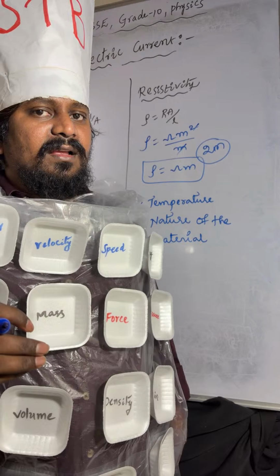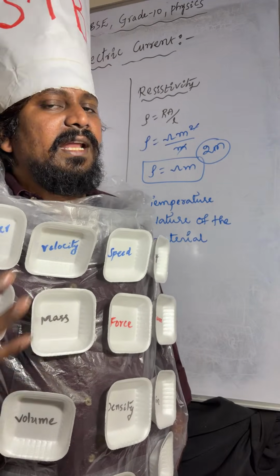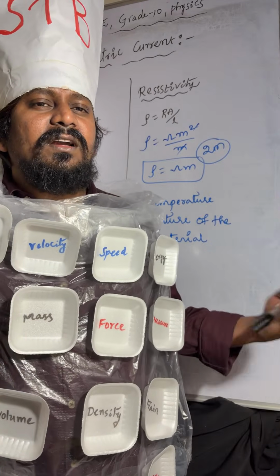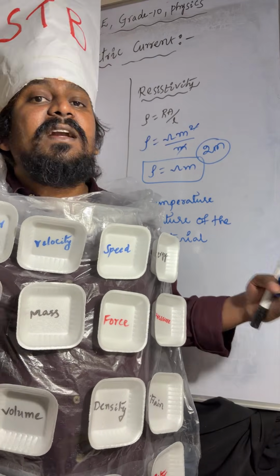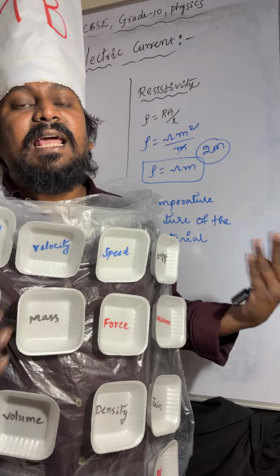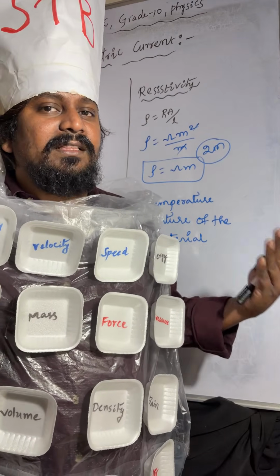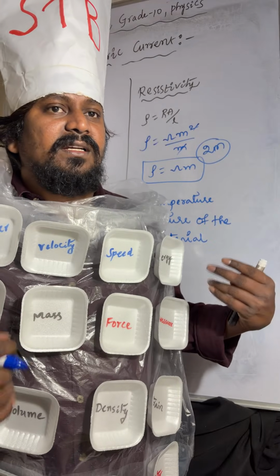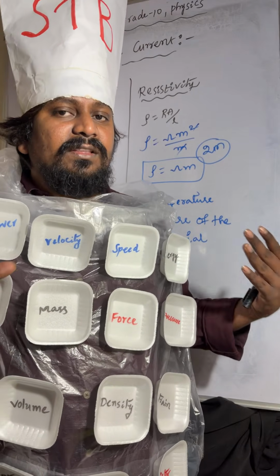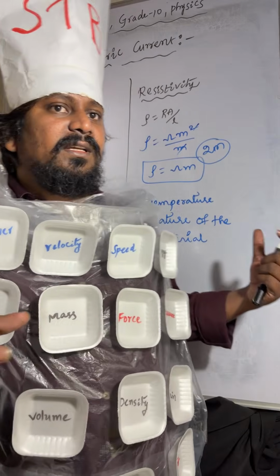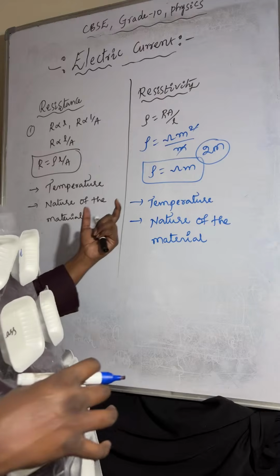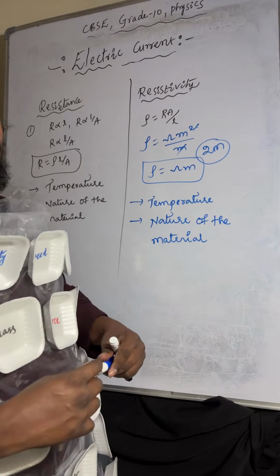dimensions of the conductor. Okay, so physical dimensions. Resistivity does not depend on physical dimensions, but resistance depends on the length and area of cross section. That is nothing but the physical dimensions of the conductor. I hope it is very clear. So these are the points related to resistance and resistivity. Now we will discuss